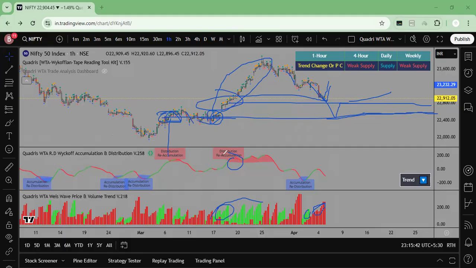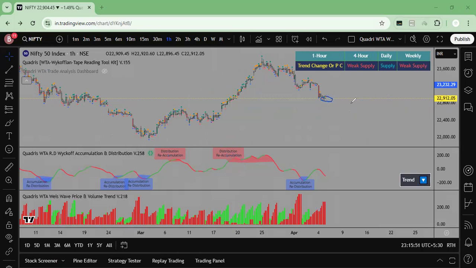This is the point where I think it should bounce back from. And if it is not bouncing back from this 22,900 mark, or 800 mark, then for a successful downward move, it should come up to this particular level. That is something like 22,200 give or take, or 22,250. Within that range, it will sink in. So this is what I'm looking out for in Nifty next week. Please keep me posted about this one.